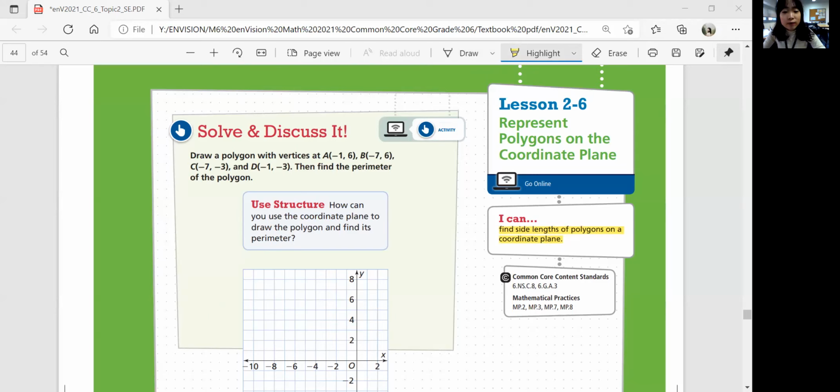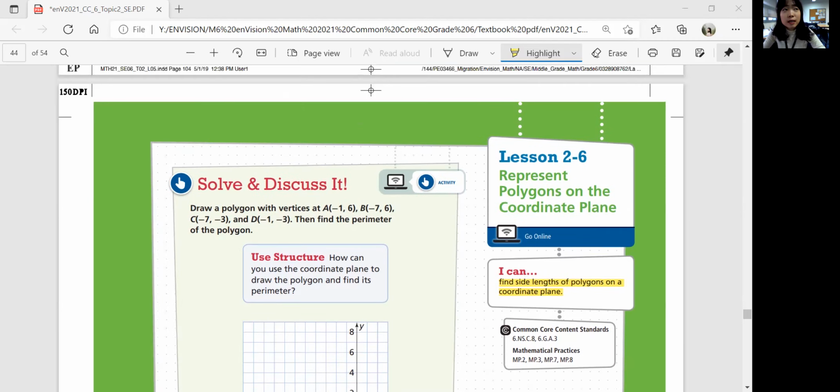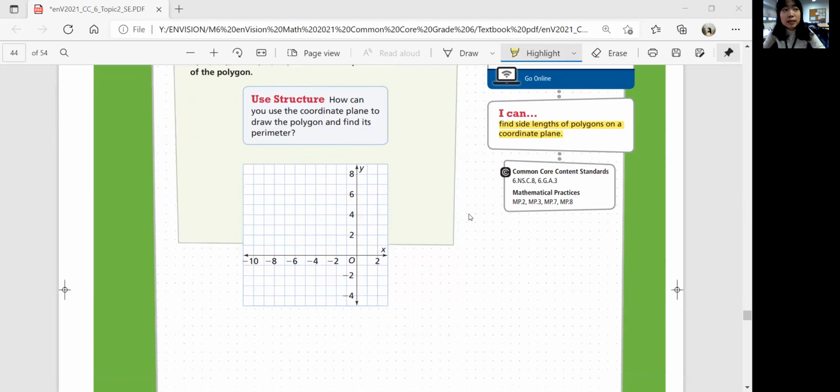Draw a polygon with vertices at A (-1, 6), B (-7, 6), C (-7, -3), and D (-1, -3). Then find the perimeter of the polygon. Okay, so first step, what do you need to do? You need to plot the points. Let's plot the points on the coordinate grid